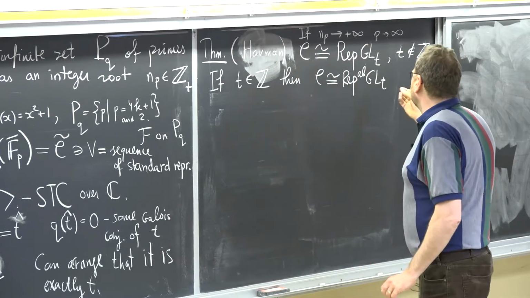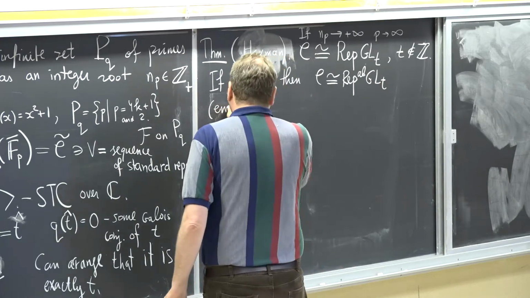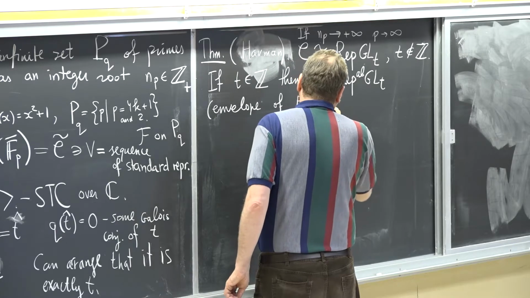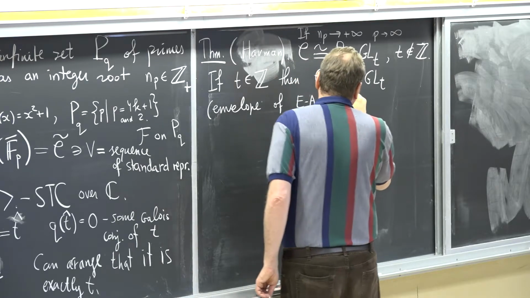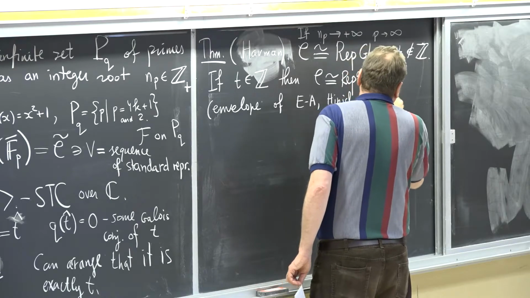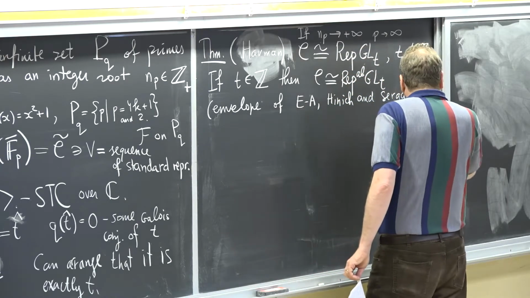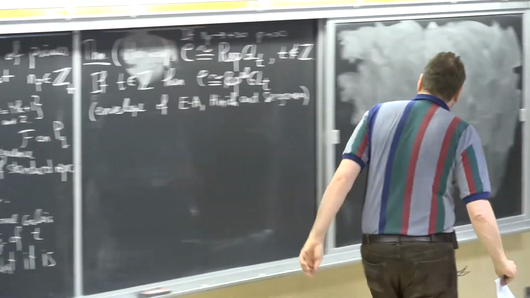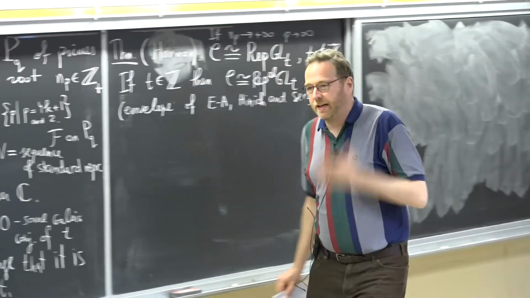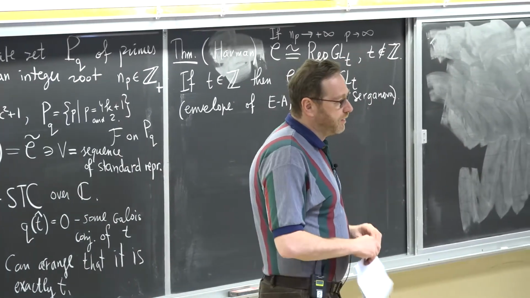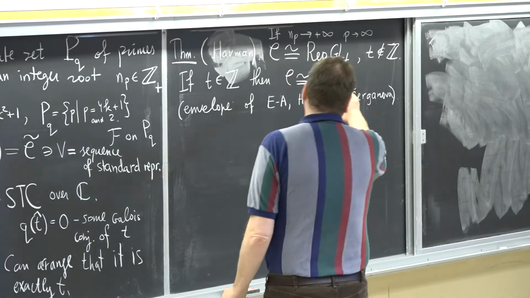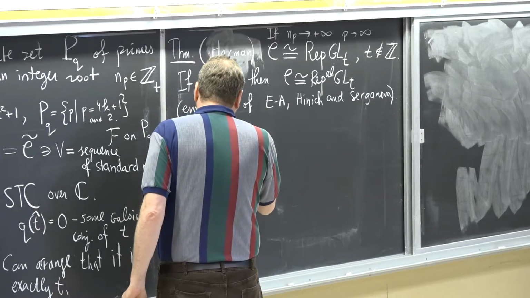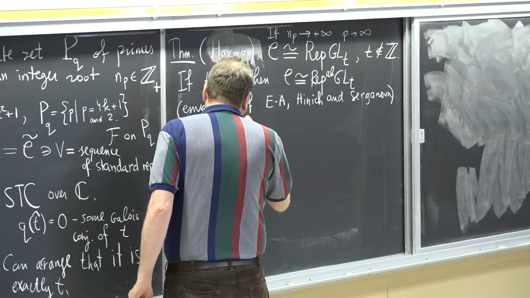So this is the envelope which I explained last time of Entova-Aizenbud, Hinich, and Serganova. And they showed that their version of abelian envelope has a universal property, and using that you can show that all the other constructions give the same thing. And I should mention what these numbers np are in this case. So if T is in Z, then can take